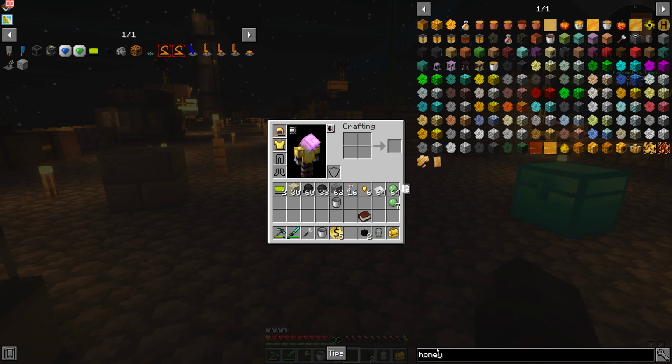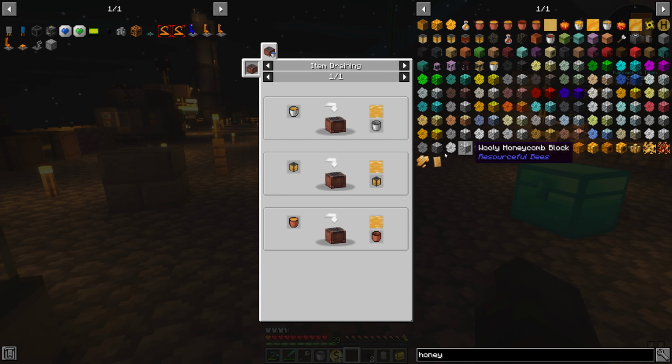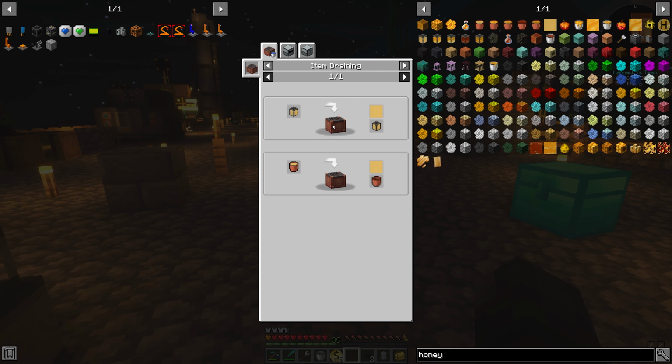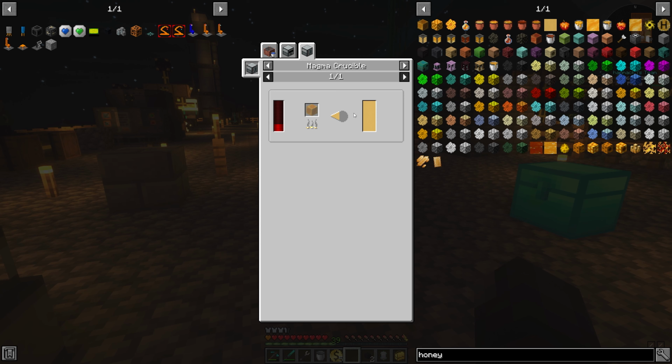So if you type in honey, you're like, oh, there's 1, there's 2, there's 3 honeys, and there's a 4th honey, none of which are compatible with each other. It is actually quite annoying. So you have your resourceful bees honey, which can't really be used for much but making bottles, because you can use it to make normal honey bottle. But to do these other machines, it has to be this specific, so you have to make it into a block, and then you have to use the